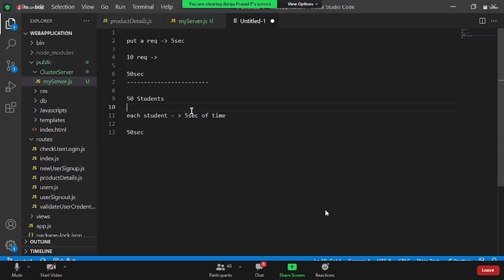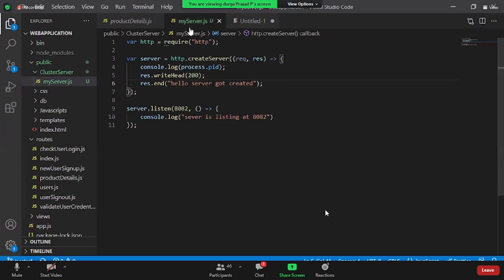It only depends upon the current CPU capability, the current motherboard, the current processor, the current configuration I have on my machine. You have to see how many virtual copies the current system is capable of managing. It will tell you, boss, these are the copies I can create. Based on that, you're going to create multiple copies of the existing server. Okay, so now how do I get to know how many servers I can create?